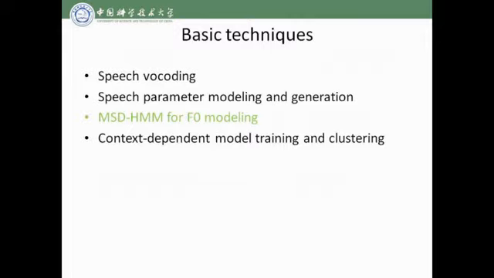So the next technique that's very important for HMM-based speech synthesis is the MSD-HMM for F0 modeling. I have mentioned above that in the speech vocoding step, we will extract not only the mel-cepstrum but also